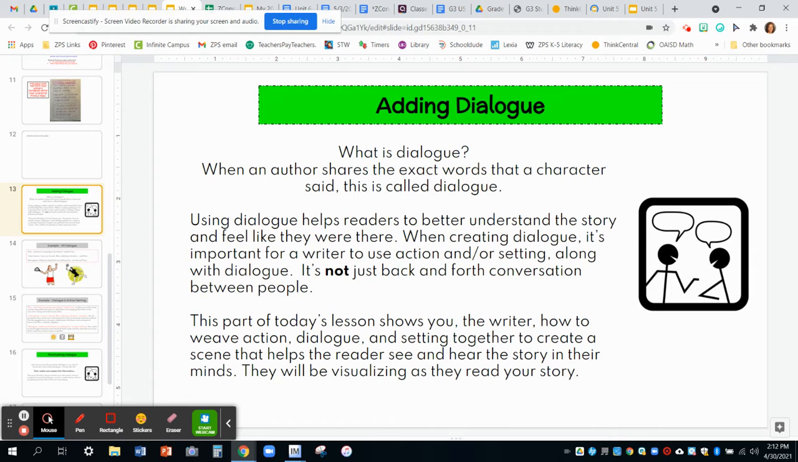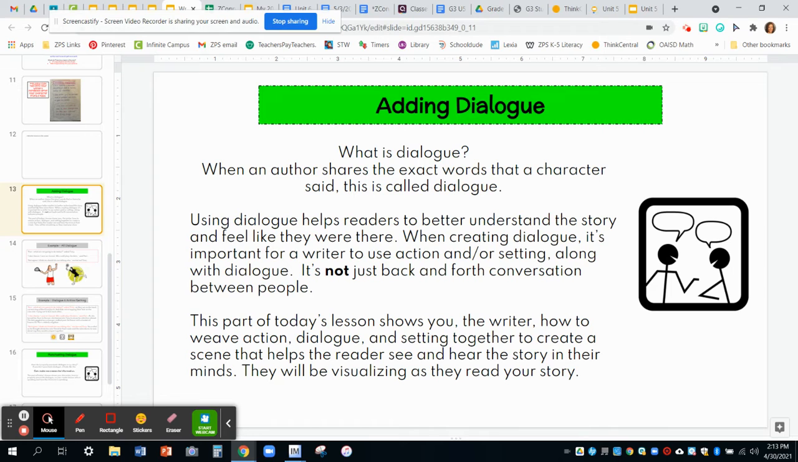All right, so let's think about adding dialogue, right? Dialogue really helps the reader better understand the story, and it helps them to feel like they were part of the story, like they're there. So when you create and add dialogue into your story, it's important for you to do it in a way that shows some action or it shows part of the setting along with the dialogue, what they're saying. It's not just back and forth. He said, she said, he said, she said, right? That's pretty boring. Second graders might do that, but third graders, almost fourth graders, definitely do not write like that